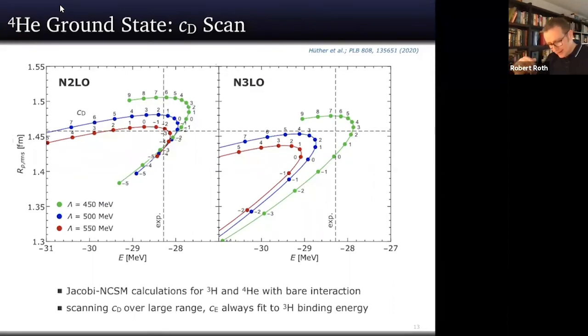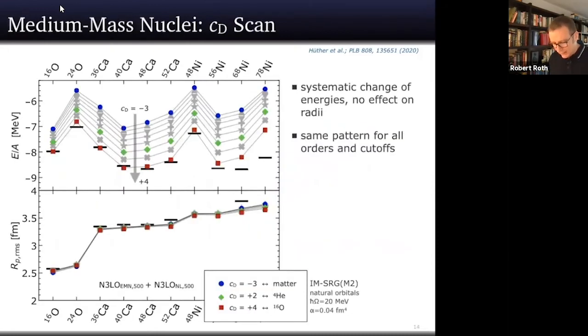So once you start this, you have to really start to think about uncertainties at all levels of your calculation. Now, you can do the same game in a many-body calculation. And this we did here. That's again my full lineup of nuclei up to the nickel isotopes, ground state energies per nucleon and radii. And now I do this variation of the CD low energy constant in many-body systems. No problem. Each one gives me a different interaction, and I do calculations for all interactions.